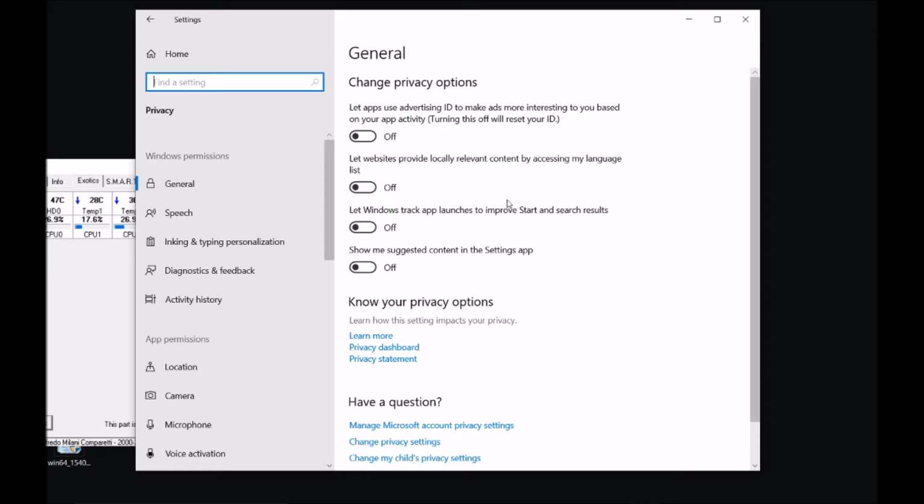This is the kind of thing where Microsoft is getting data from your computer or from your browsing experience on Microsoft Edge, and it's using that data to personalize user experiences. So I personally don't like sharing too much of my personal or browsing information with any company, so that's why I did turn these things off.